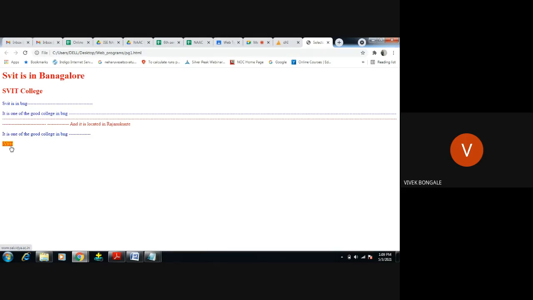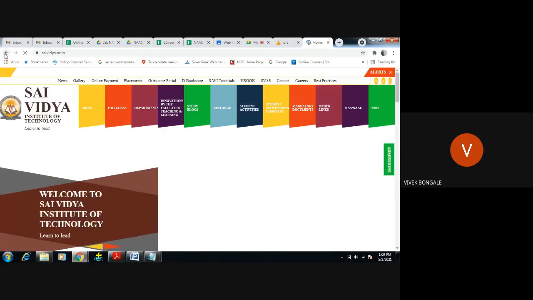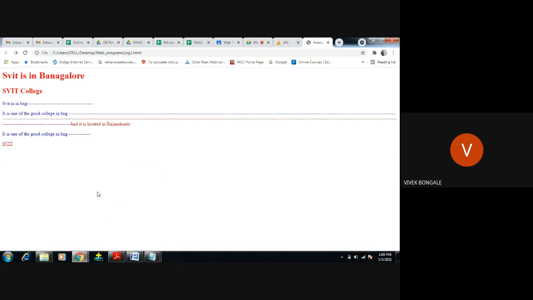Once the mouse touches that particular label, it is highlighted in orange color.